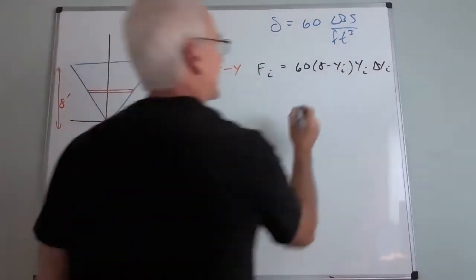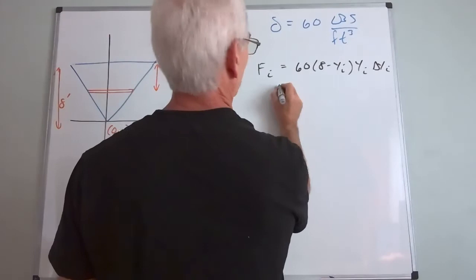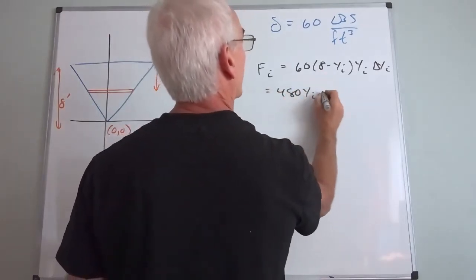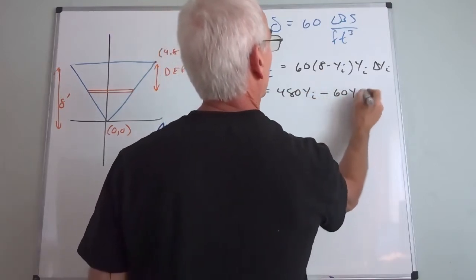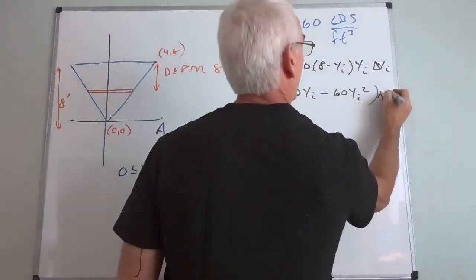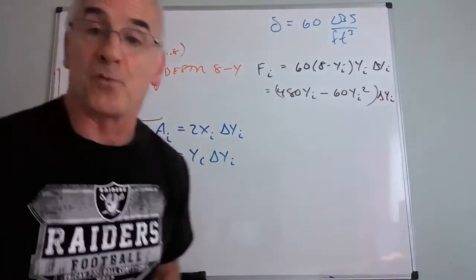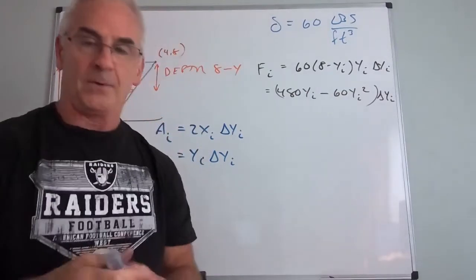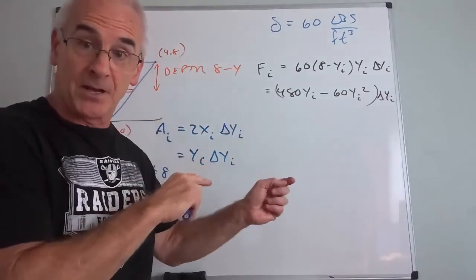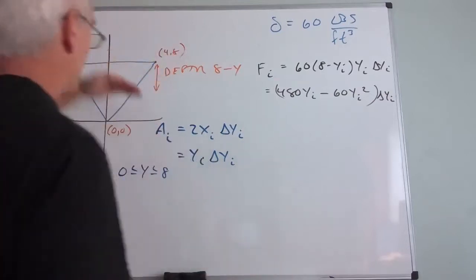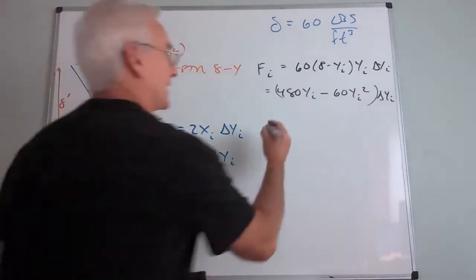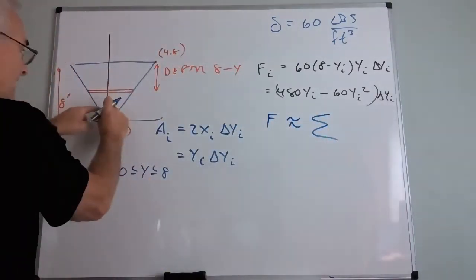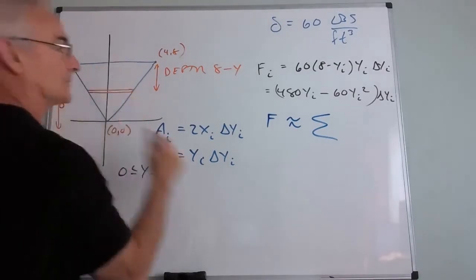And so if I multiply that out, whether you choose to multiply the 60 in or not, it's really not that important. I'll multiply it in. So I have (480 yi minus 60 yi squared) delta yi. Now, I'm going to do the formal part. You don't need to write this down, but I want you to remember where it came from. In Calc 1, what we said was, okay, this is an arbitrary slice. So my overall force, I would add all of these up, and I'd say the overall force can be estimated by, it's not equal to, I'd estimate it by adding up all the little rectangles